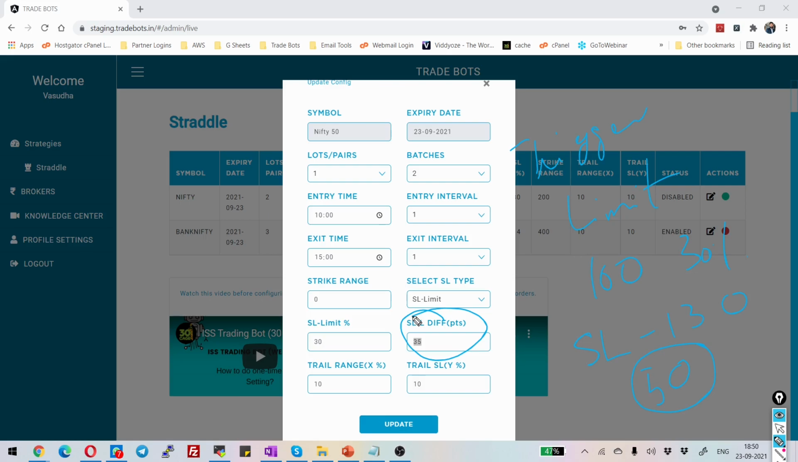If you give a small range like 5 points or 10 points, and if the market jumps a lot, then there is a chance that it will skip your stop loss and go higher and higher. That might result in massive loss. So it's always suggested to give 40 to 50 points for Nifty and 80 to 100 points for Bank Nifty. And the next